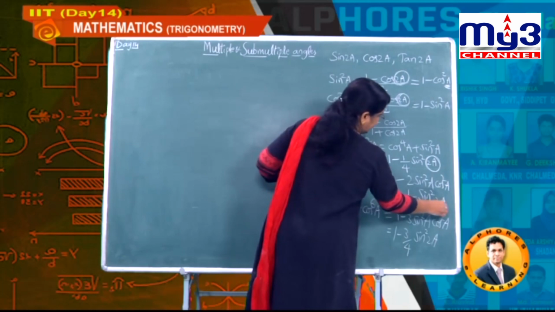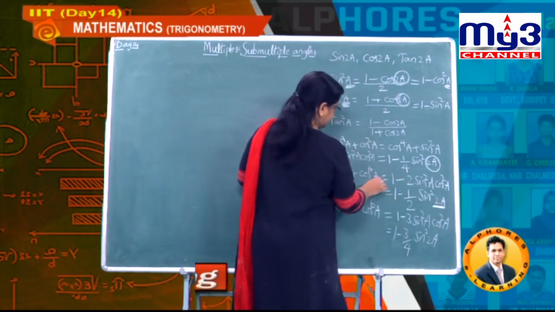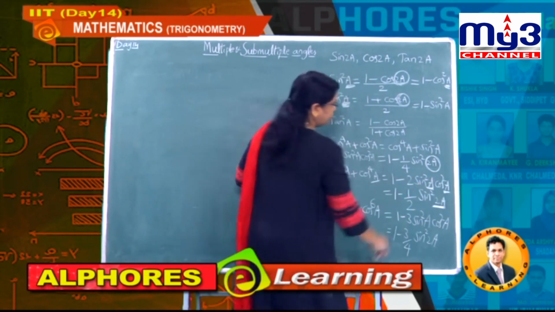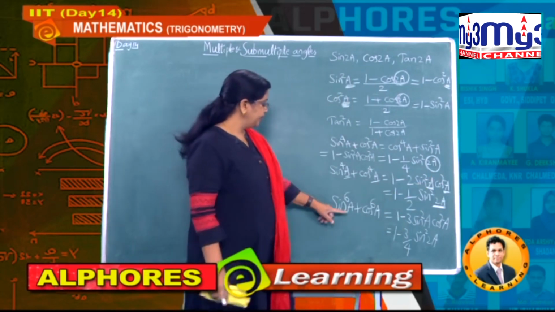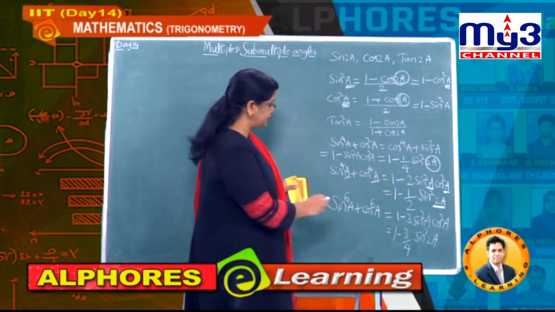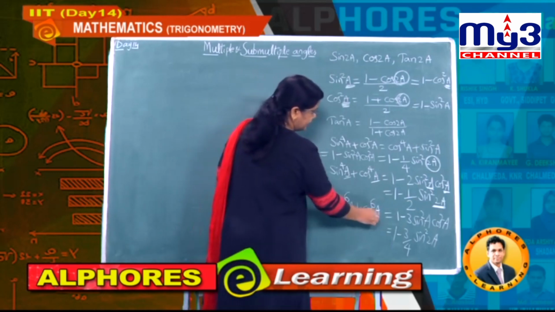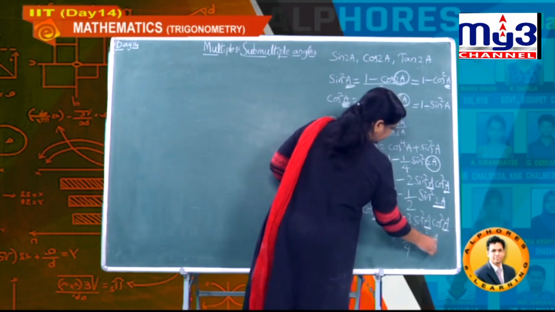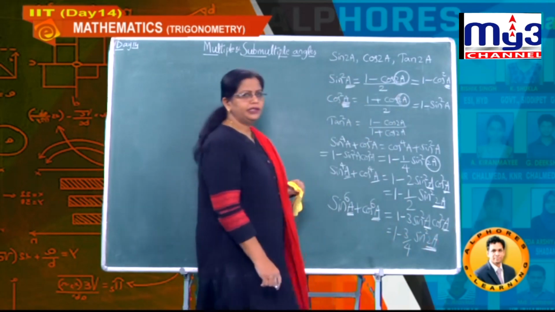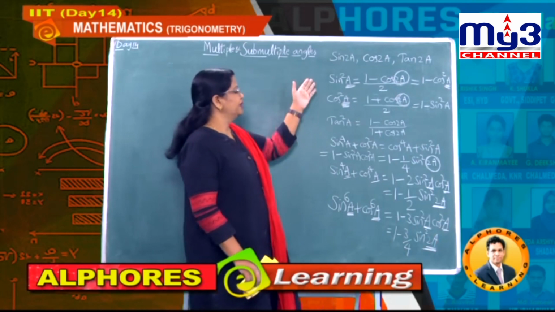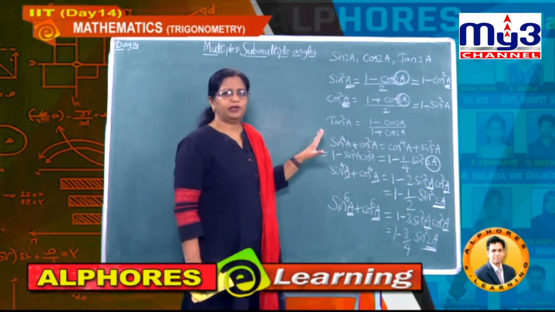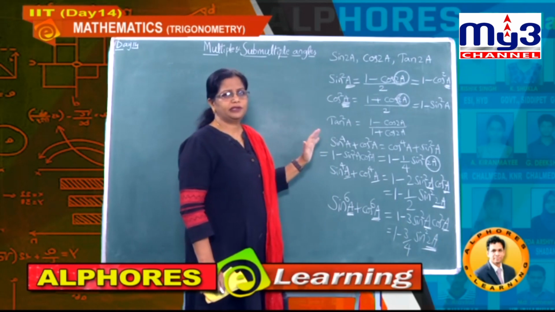So this here is underline 2a, and these are only in terms of a. These are in terms of a. And next one, sin power 6a plus cos power 6a. These are just in terms of a, and here also no change in the angle, whereas here the change in the angle is 2a, okay students. So these formulae are very important for coming chapters.